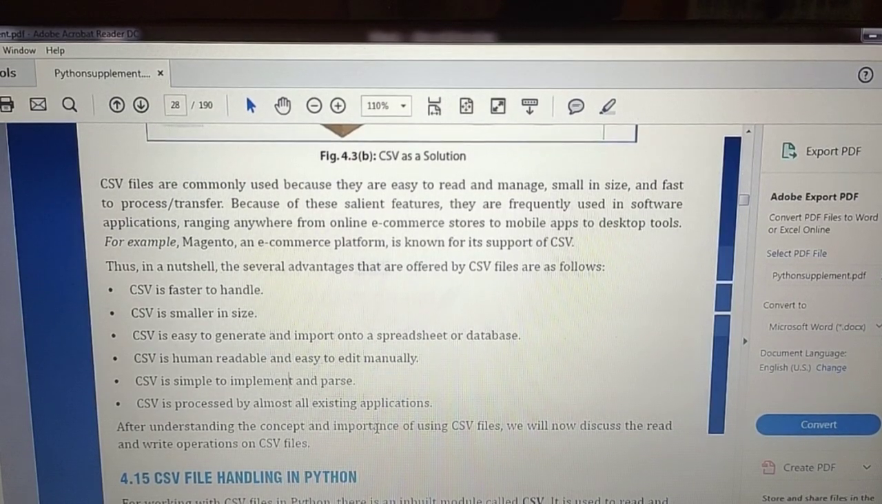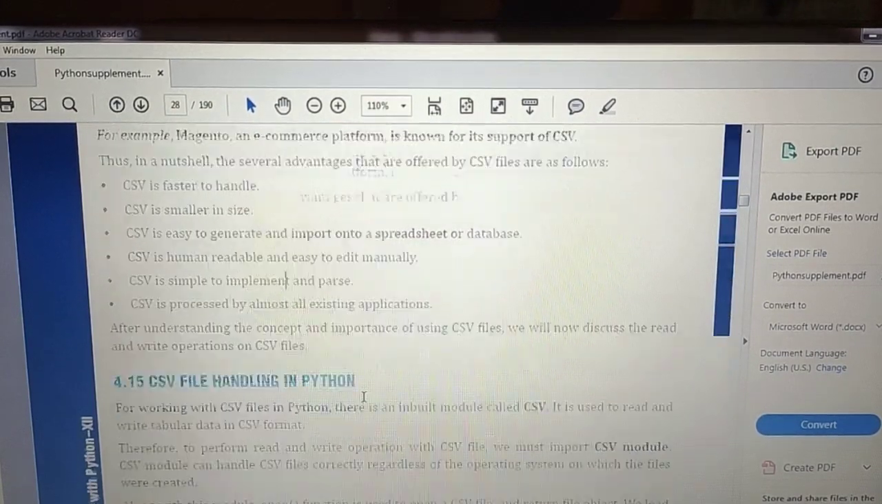Simple to implement and parts. Okay, processed by almost all existing applications. This is useful for all maximum applications. In Excel also this is possible. When you are opening Excel, one format is .csv. See,